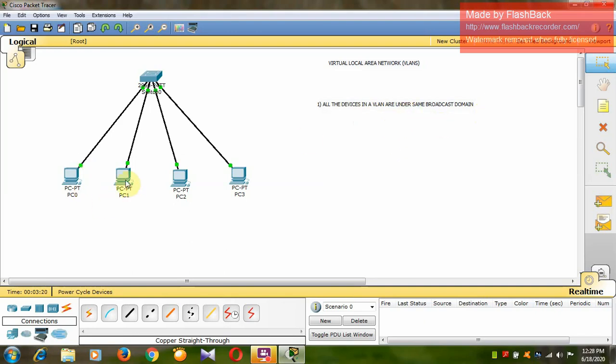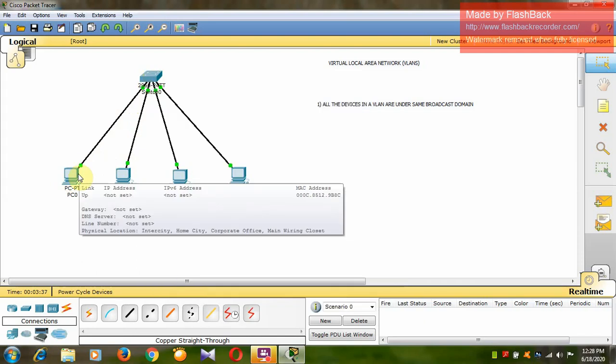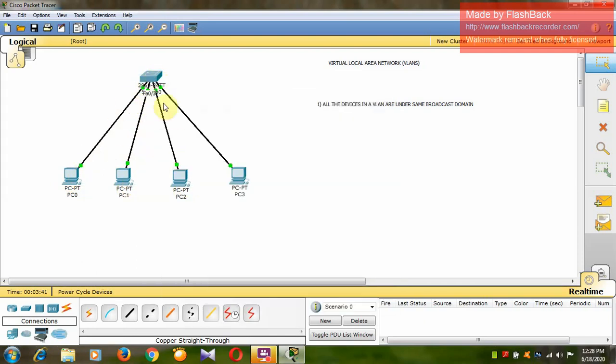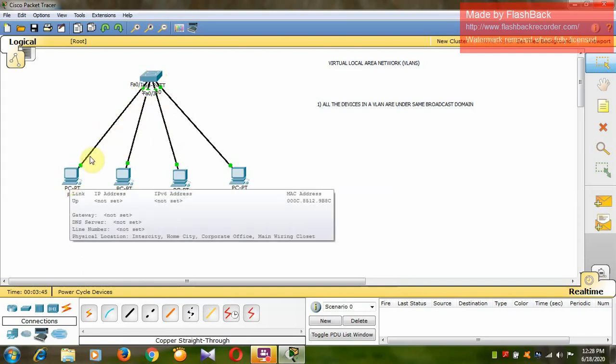That means whenever a device sends a frame to the switch, the switch will broadcast the frame to all the other ports except the port from which the frame has arrived. So if PC0 sends a frame to the switch, the switch will forward these frames to PC1, PC2, PC3 except PC0, because the frame has arrived from this port only. So these are VLANs.